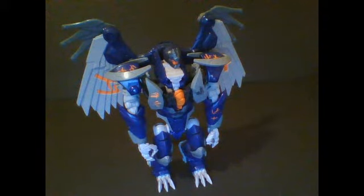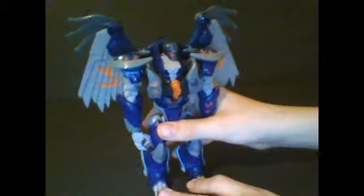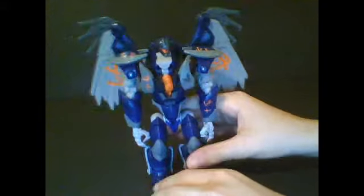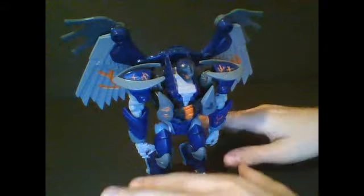And the Tampo labels, I think, actually gave him a Deathsaurus kind of look, but it looks pretty cool. He looks very, very nice. There's no backpack except for the wings, and the robot mode is very, very nice, and he looks very cool. The one problem that I have here is if you try to lean him forward,